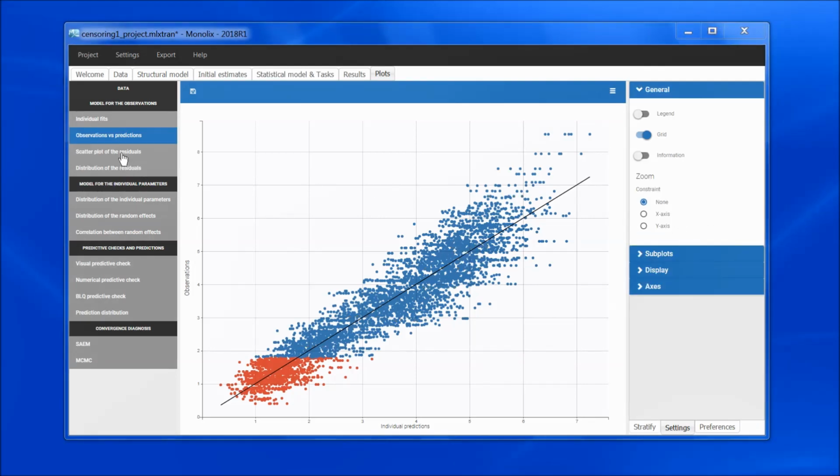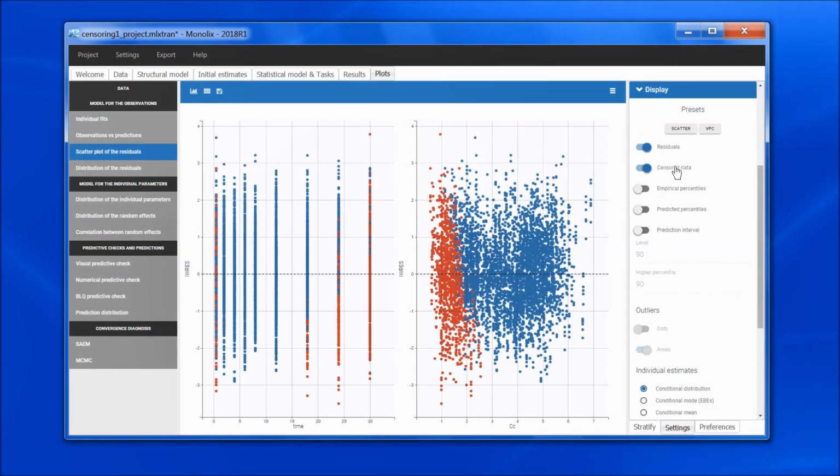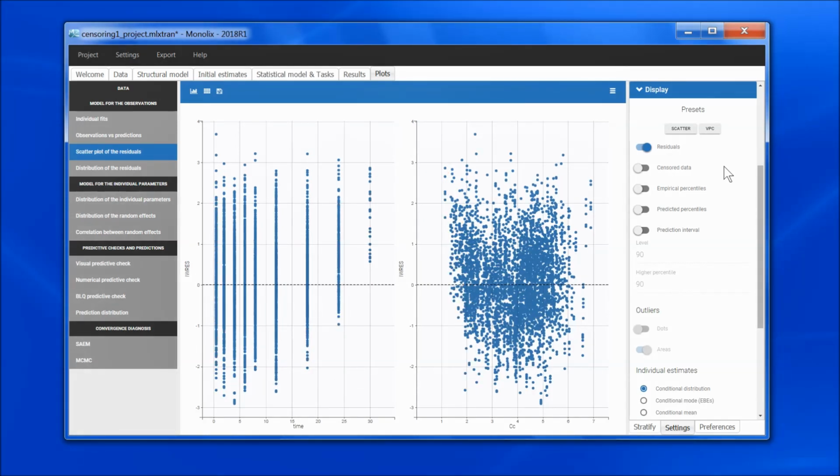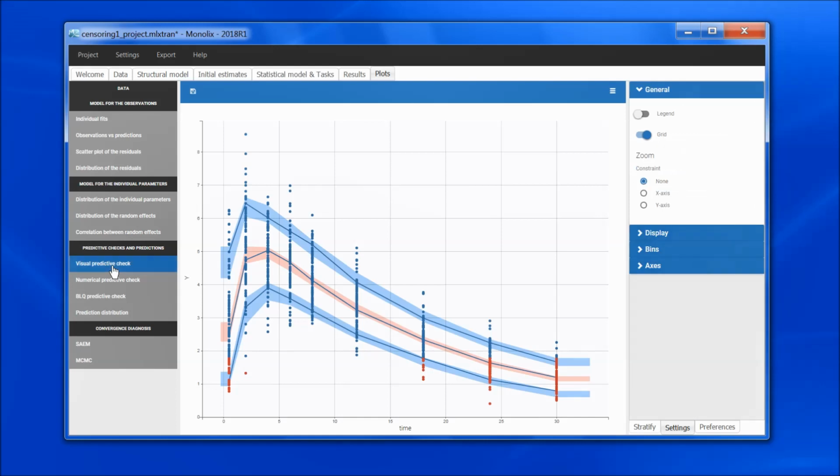The same is done for the residuals. If we do not display the residuals calculated with the simulated BLQ, one could think that there is a tendency in the residuals. But if we display the residuals using the simulated BLQ, we see that in fact there is no tendency. We also use simulated BLQ for the VPC.